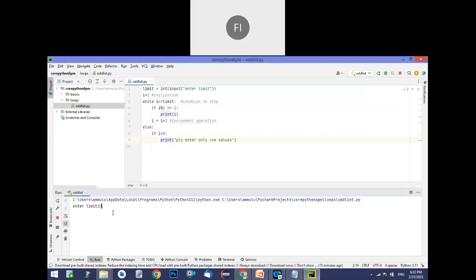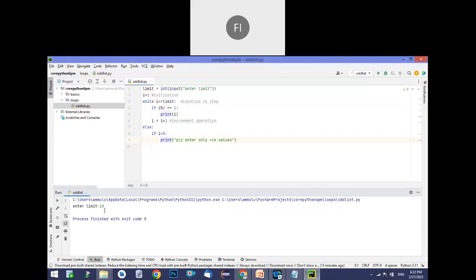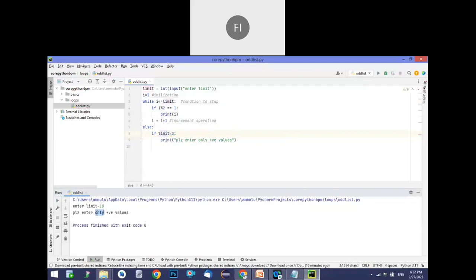So now you see what happened. If I'm giving 10, it won't print any statement because we got the output already, no need of that, only positive entries. And if I'm giving the same value as -10, now you will get the, instead of what happened, I equal, sorry, I think we made a mistake, it's not I, it's the limit, because we are comparing the limit, not the I. So yeah, it's working now, and now I'm giving -10 as a limit. So now it should give the error message, yeah, please enter only positive values.